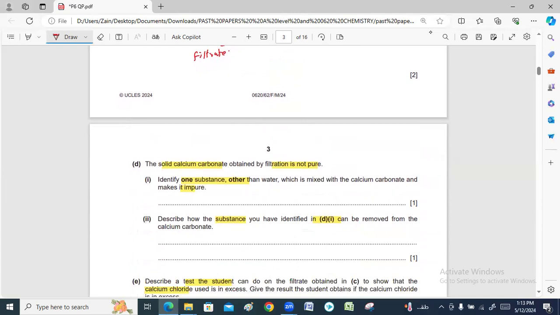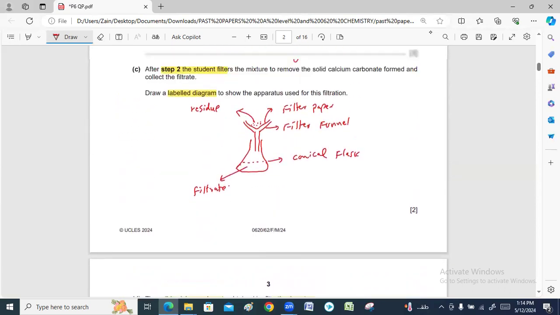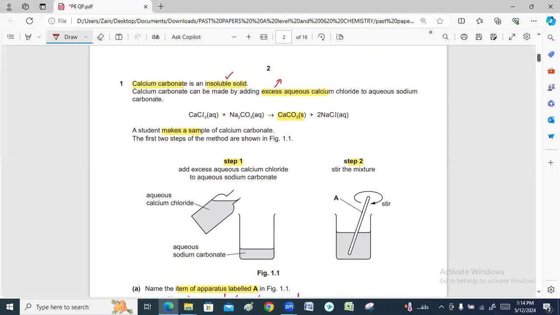The solid calcium carbonate obtained by filtration is not pure. Identify one substance other than water which is mixed with the calcium carbonate and makes it impure. Just look at the statements at the start of this question. We're using the aqueous calcium chloride. So this calcium chloride is in excess. So we can identify the limiting reagent, and the limiting reagent is the reagent which is consumed earlier